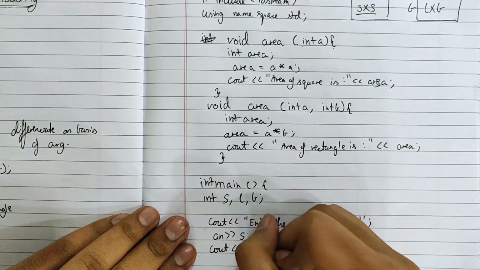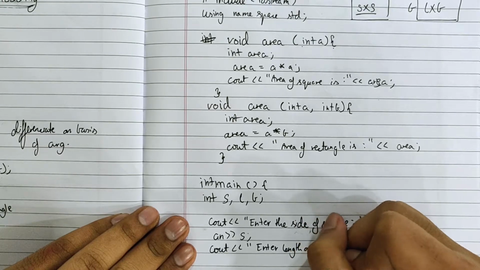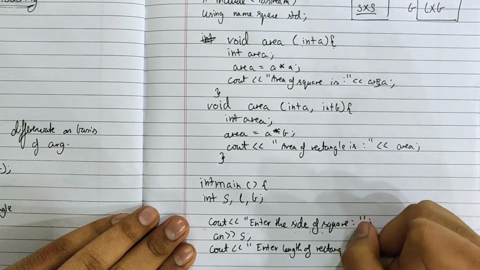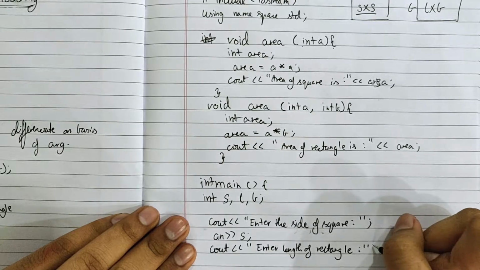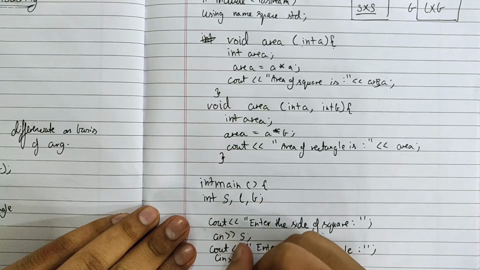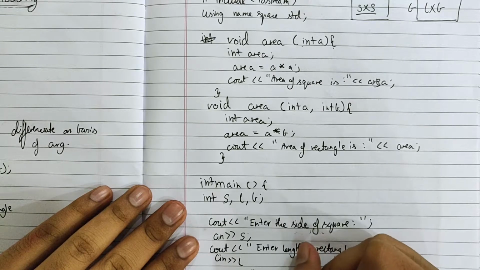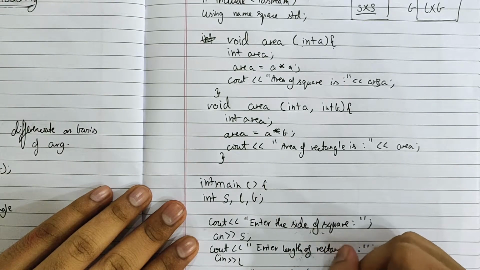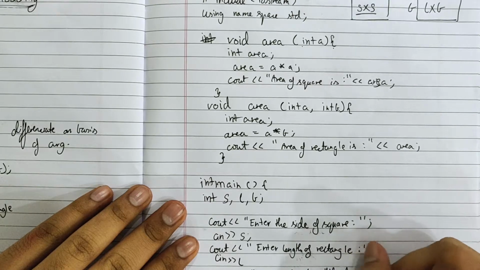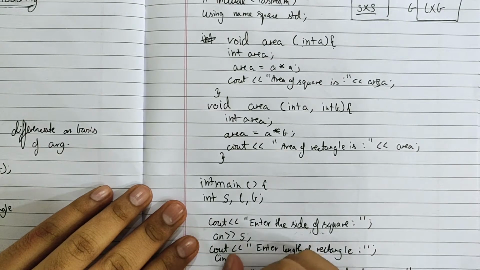Again, cout enter length of rectangle, cin l, and a cout statement again, enter the breadth of rectangle,